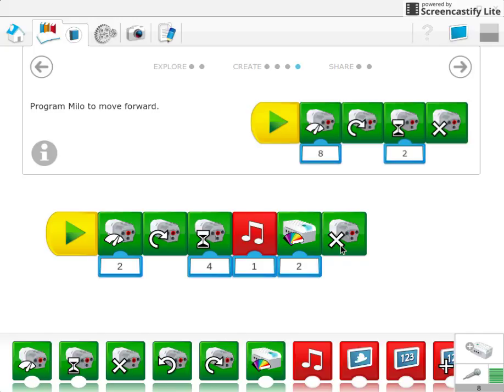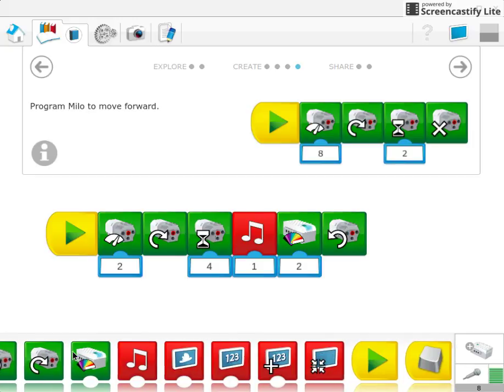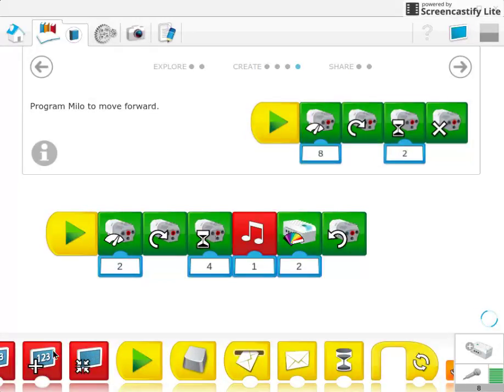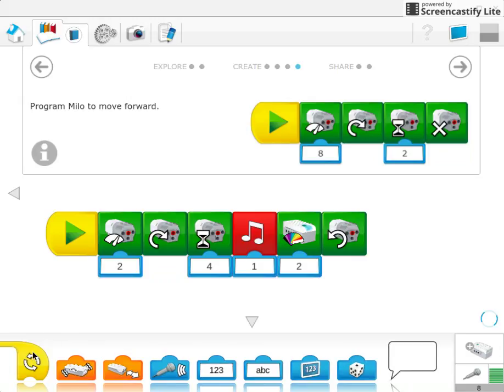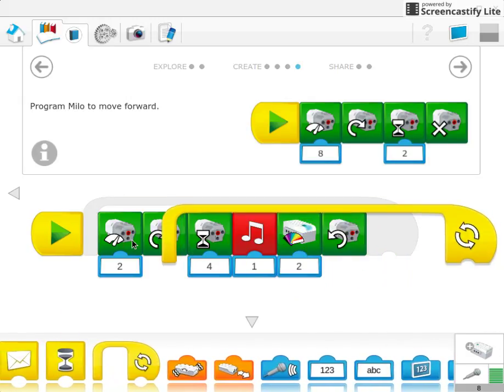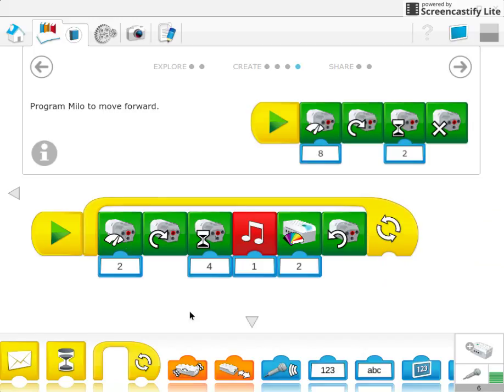and then stop. And then you can just kind of change it up, and you can make it go forward, then you can maybe move it back. You could do different things. Those are some of the basic ones, the basic programming keys, but this one's kind of fun, the loop. So you can make it repeat, do it again and again. This would be for the sensors, but